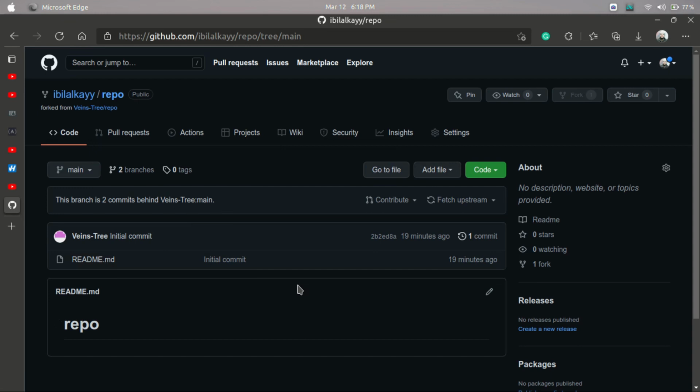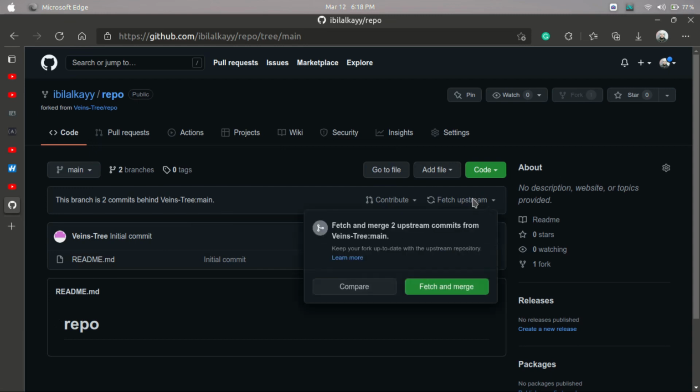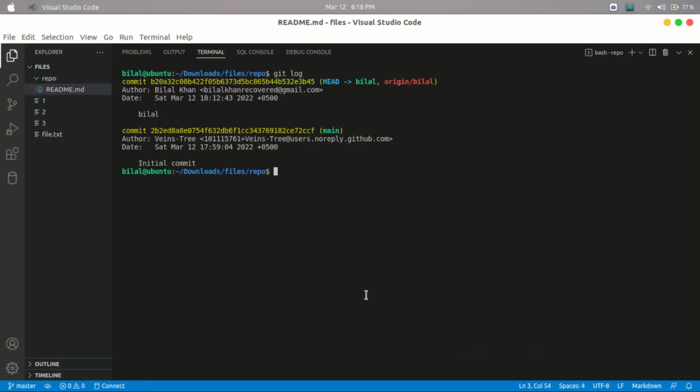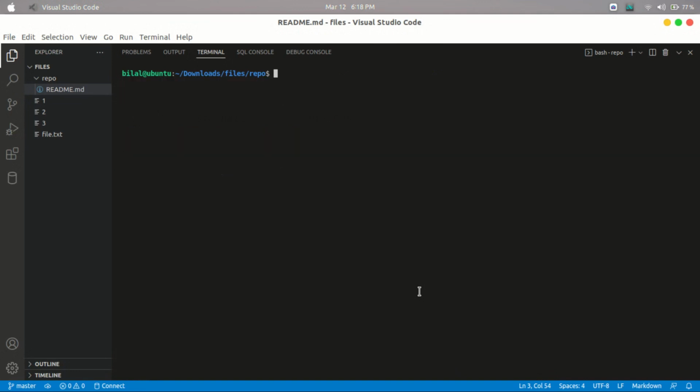So to do this, there are 2 ways. You can either fetch it using this button. You can press this button and all the changes that are present in the Bilal branch will be merged into this main branch. And there is another way, and that is manually, so I will do it manually. So let's do it. After that I will run git checkout main. Alright, so I switched to the main branch, and after that I will write